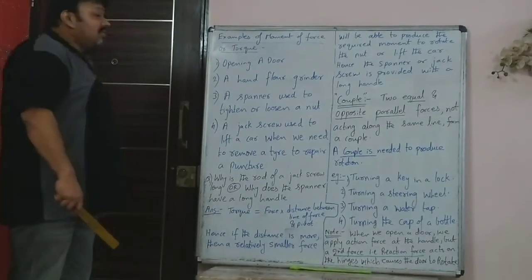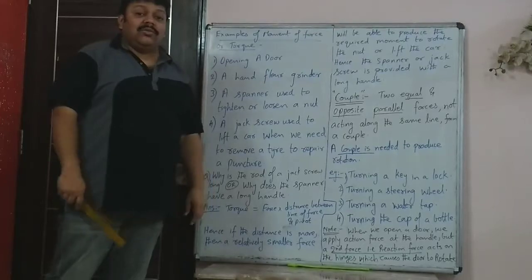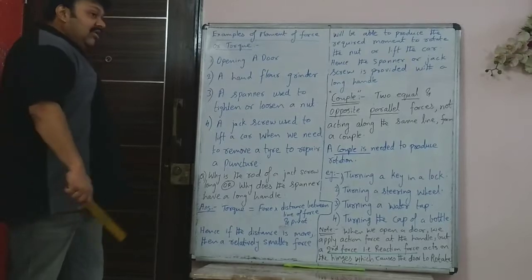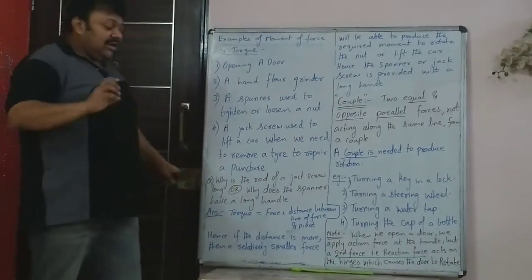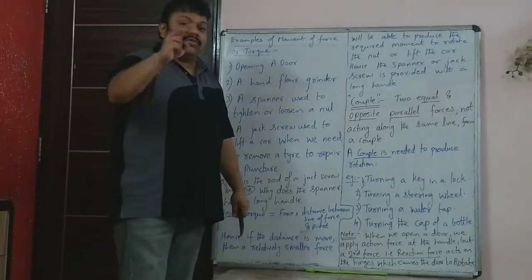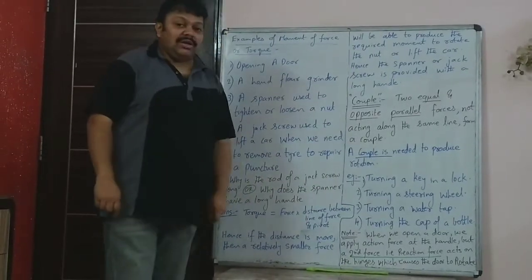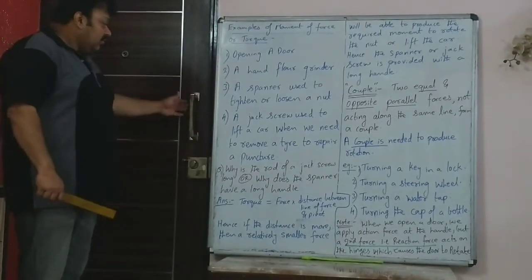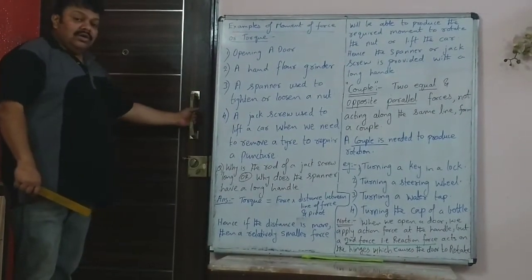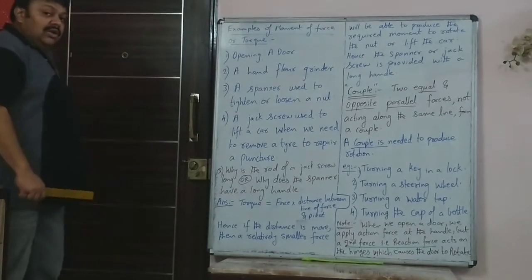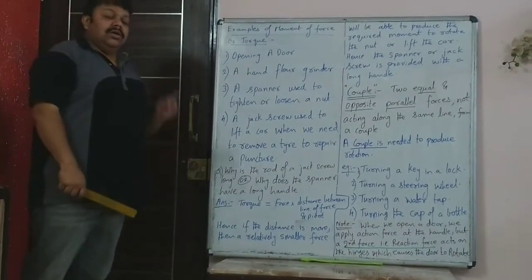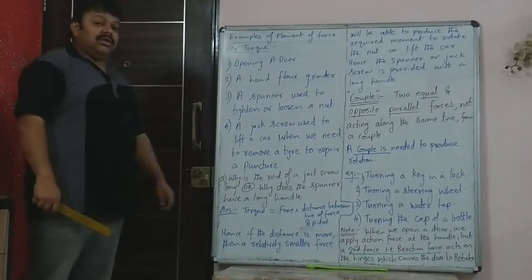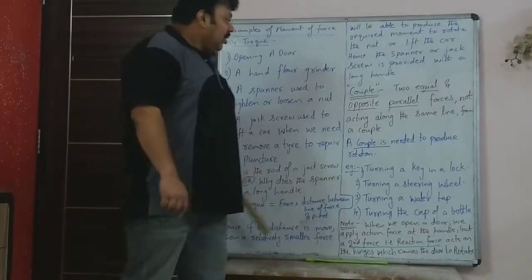If the hinges were loose and the reaction force cannot be produced, then the entire door would have collapsed, it would have come down, and that rotational motion would not be possible. So for any rotational motion to be possible, there has to be two forces or a couple that is required to produce that rotation. Even in the case of the door, don't think that there is only one force. This is the action force. There is an equal and opposite reaction force acting along the hinges, which is causing the door to open and rotate along the hinges. So copy all this in your notebook.